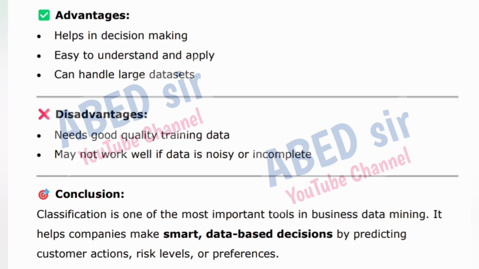Conclusion. Classification is one of the most important tools in business data mining. It helps companies make smart, data-based decisions by predicting customer actions, risk levels,